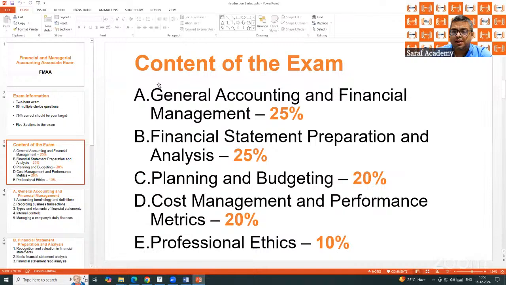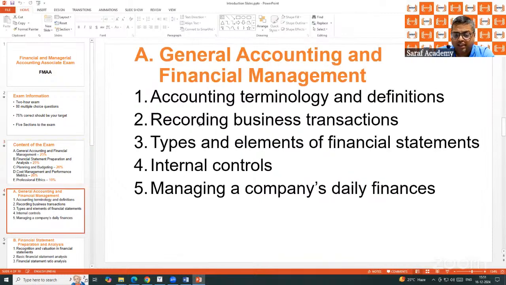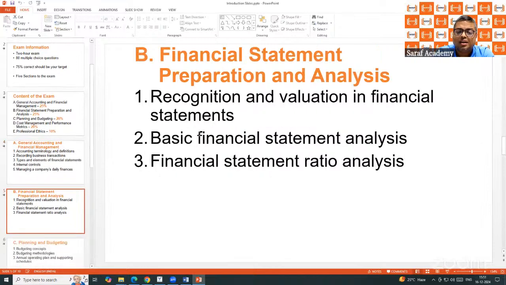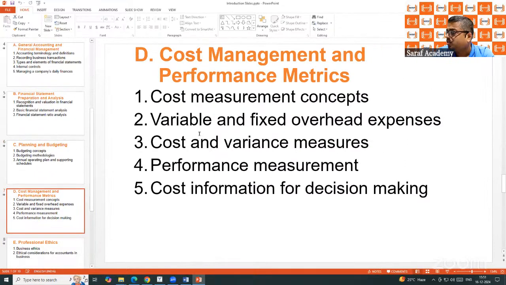Even for FMAA students, and for ACCA CIMA also, I will share these write-ups, also shared by the IMA Institute. These I will share with all of you regularly when I will be doing these in the classes.